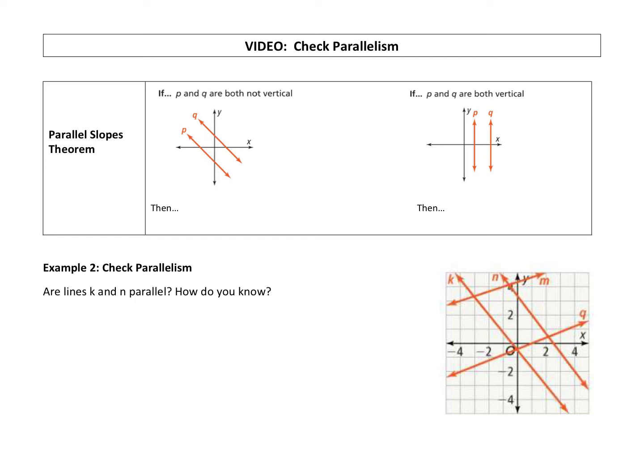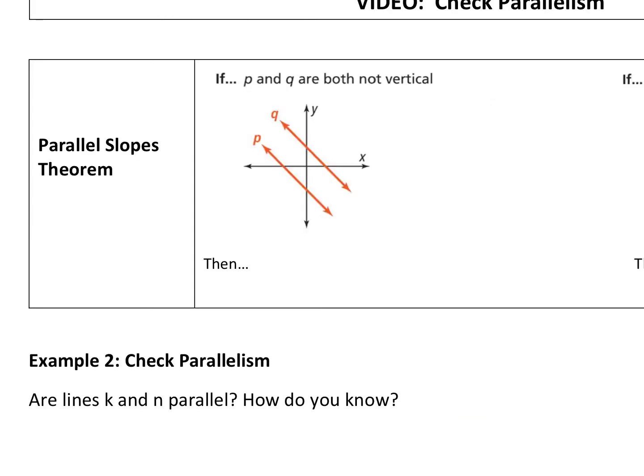All right, in this video we are going to check parallelism. So let's go ahead and put our theorem in here, the parallel slopes theorem. If P and Q are both not vertical, so here's line P, line Q, we can see they're not vertical, then P is parallel to Q if and only if